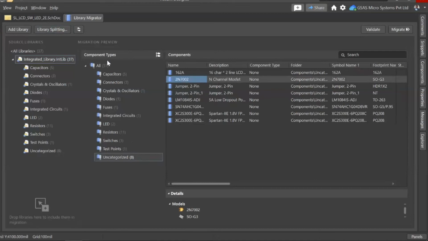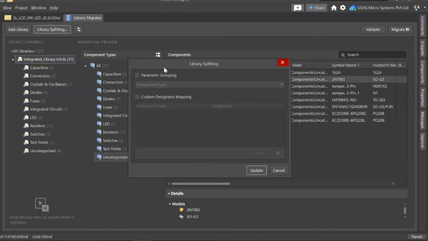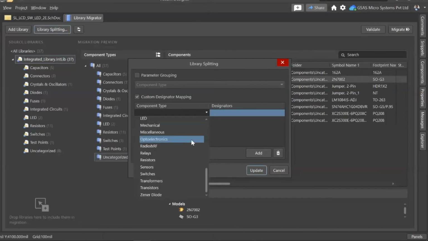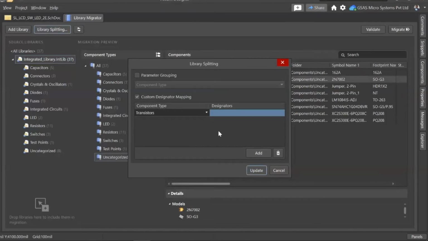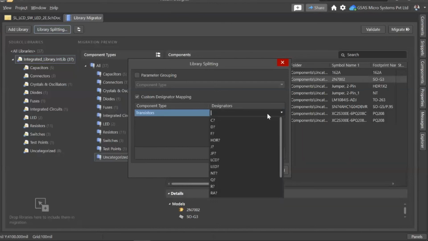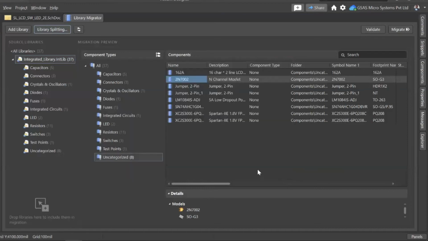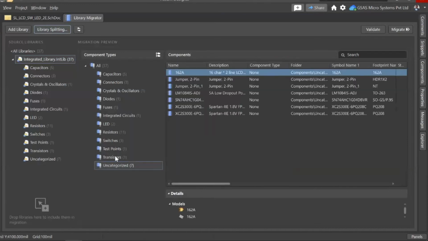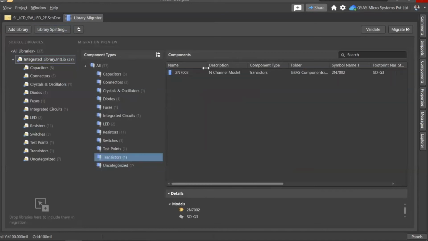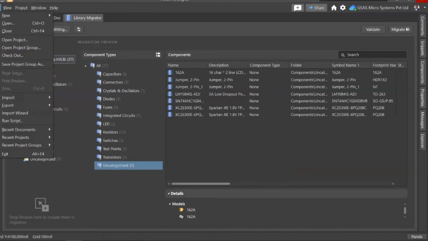We have to use a certain rule for that. For that, click on library split wizard, add, take the transistor, enter a Q question mark, and update. You can see automatically a category has been created, transistor, and this particular component which was uncategorized moved to this one. If we have the library migrator configuration file